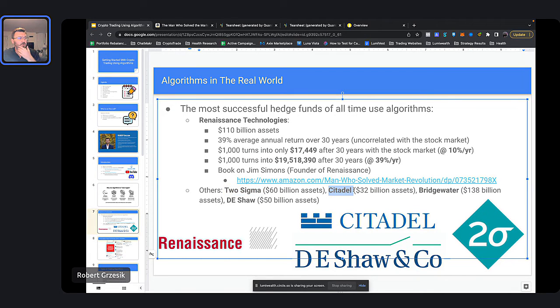Some of you may have heard of them. They're actually huge, with a lot of different parts of their company. They're what's backing Robinhood. If you don't know that, they're the dark pool that backs Robinhood, and they have computer algorithms that automatically place these trades. But I'm not talking about that part of their business. I'm talking about their hedge fund. The hedge fund also uses software to trade automatically. Incredibly successful over time, they have made a ton of money. Last time I checked, they had 32 billion in assets.